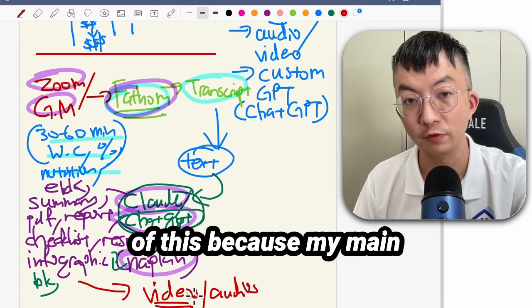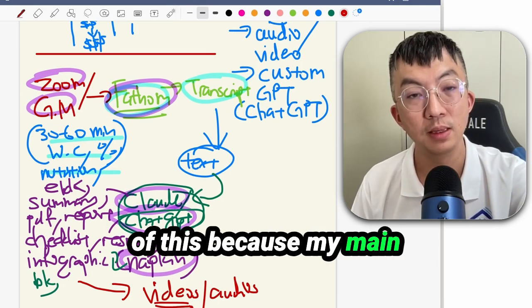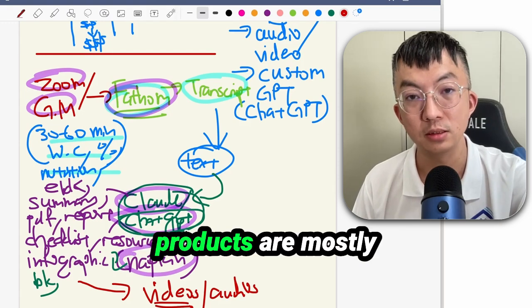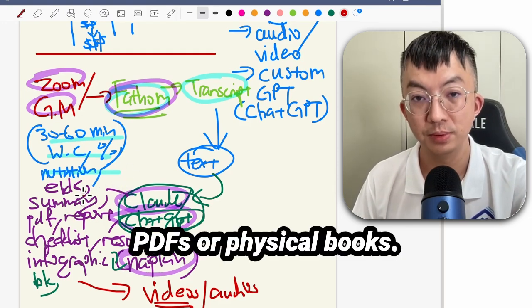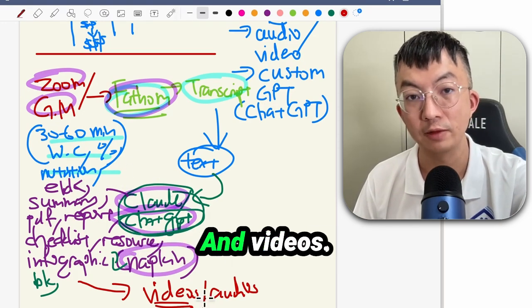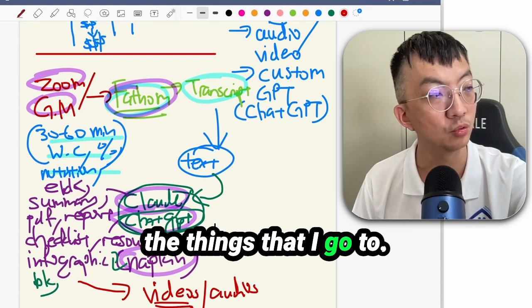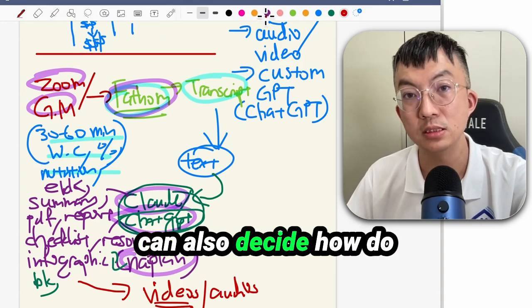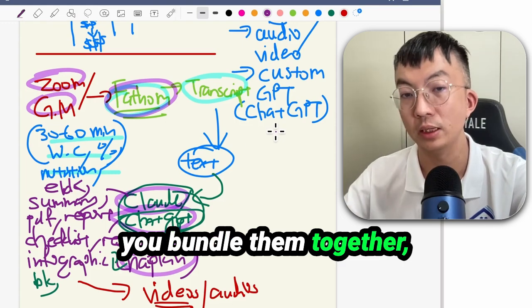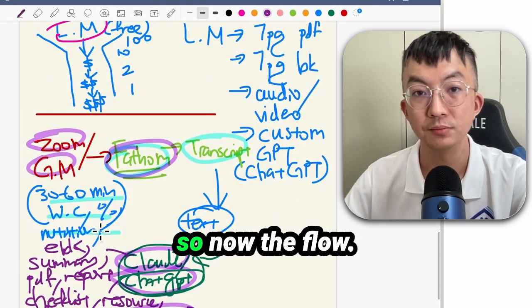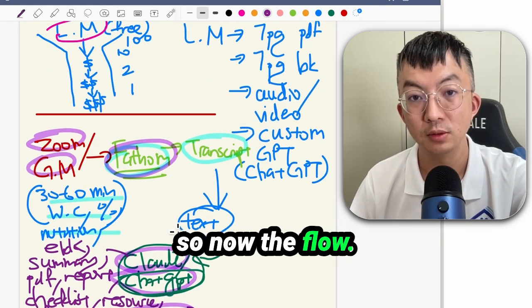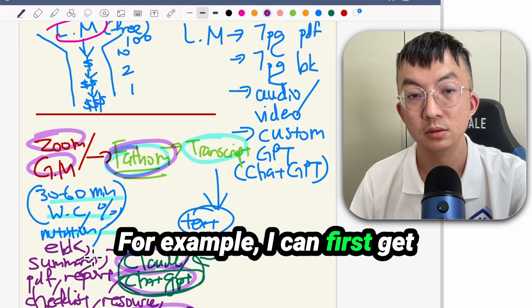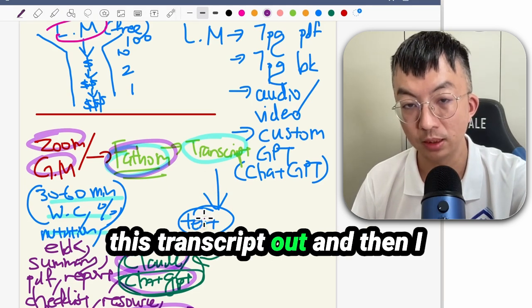For me, I don't do a lot of this because my main products are mostly PDFs or physical books and videos, as what you're seeing here. And these are the things that I go to. And on top of that, you can also decide how you bundle them together, which again goes back to this. So now the flow, for example, I can first get this transcript out,